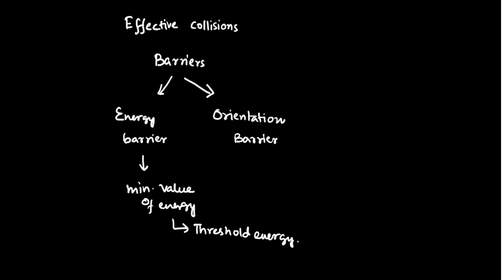Threshold energy is the energy needed to break the bonds in the reacting species. If the bonds in reactants are not going to break, then we are certainly not going to get the products. Why? What is a chemical reaction? A chemical reaction is nothing but a process of breaking and making of bonds. Bonds in reactants are broken and new bonds in products are formed. Until and unless the bonds in reactants are broken, we are not going to get any product. No new bond formation will be there. So this is threshold energy, the energy required in order to break the bonds in the reacting species.